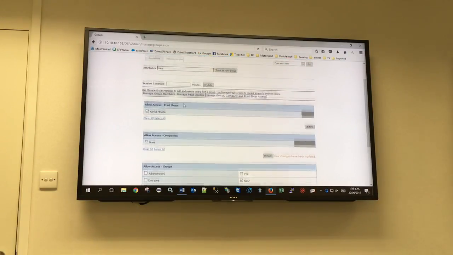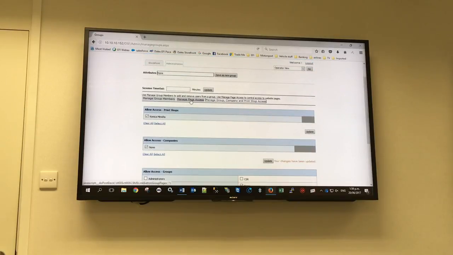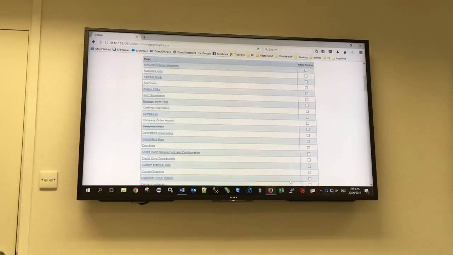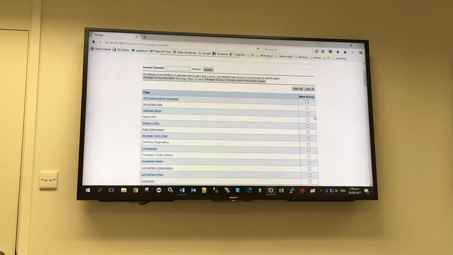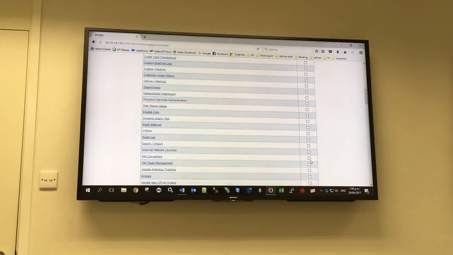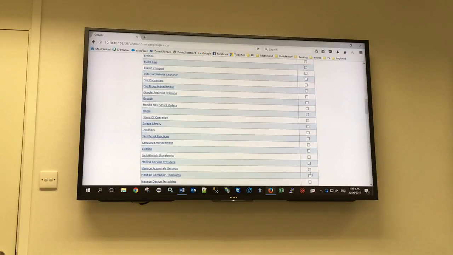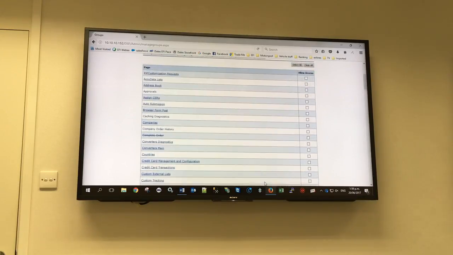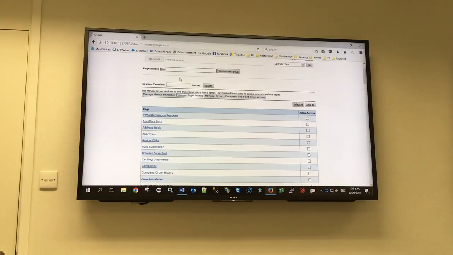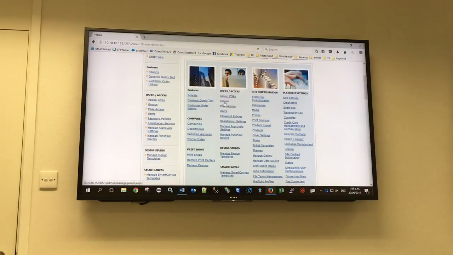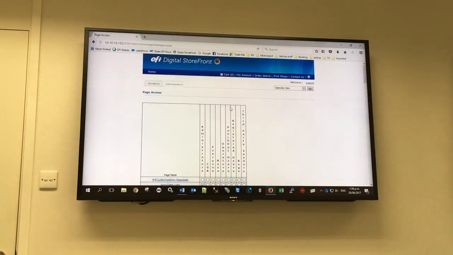Once we have a group available, we do need to manage the page access, but if you try to do it from here, you've got no idea what bits you want to be turned on, unless you actually know the system inside out and backwards. Even I don't know which one of these to turn on. So there's another way of doing it. It's made life a bit easier. If you go into page access from the administration group,